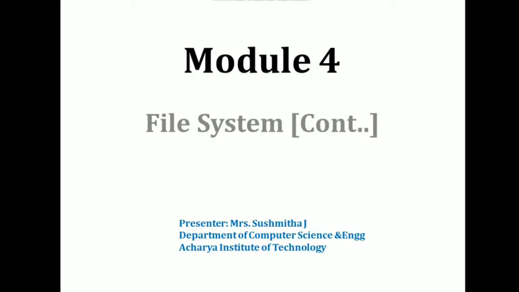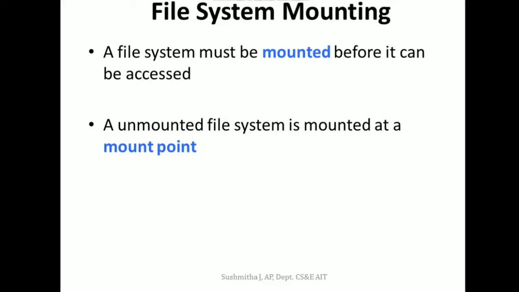So last class we discussed what a file is, what the attributes of a file are, and what operations can be performed on a file. We also saw the directory structure, activities on the directory structure, and various directory structures, their advantages and disadvantages. Now, proceeding with the chapter, the next topic is file system mounting.